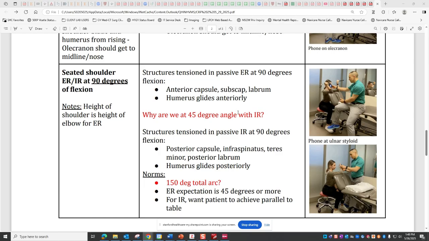Why are we at 45 degrees with internal rotation? We are not. We are at 45 degrees relative to the table, and why are we rotated rather than pure is because if you sat facing the table like you did in external rotation, your forearm would eventually get blocked by the edge of the table. So by turning 45 degrees relative to the table, but you're still at 90 degrees of